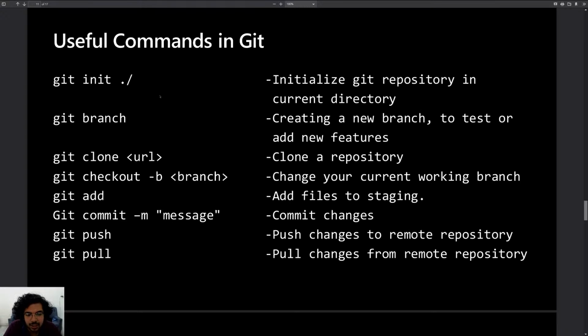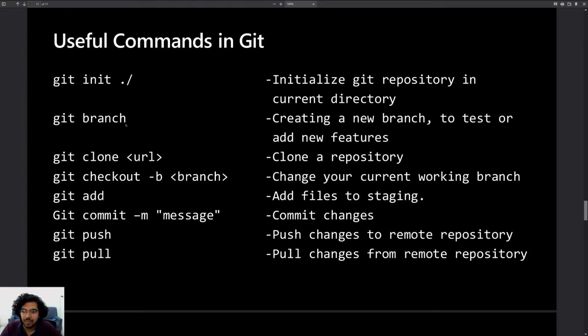So once a repository has been initialized, you can keep track of the changes even in a local repository. You don't necessarily need to use GitHub, but it is recommended because it allows collaboration, which is the basic reason why Git and GitHub exist. So git branch should be obvious. We can use this command to create a new branch.